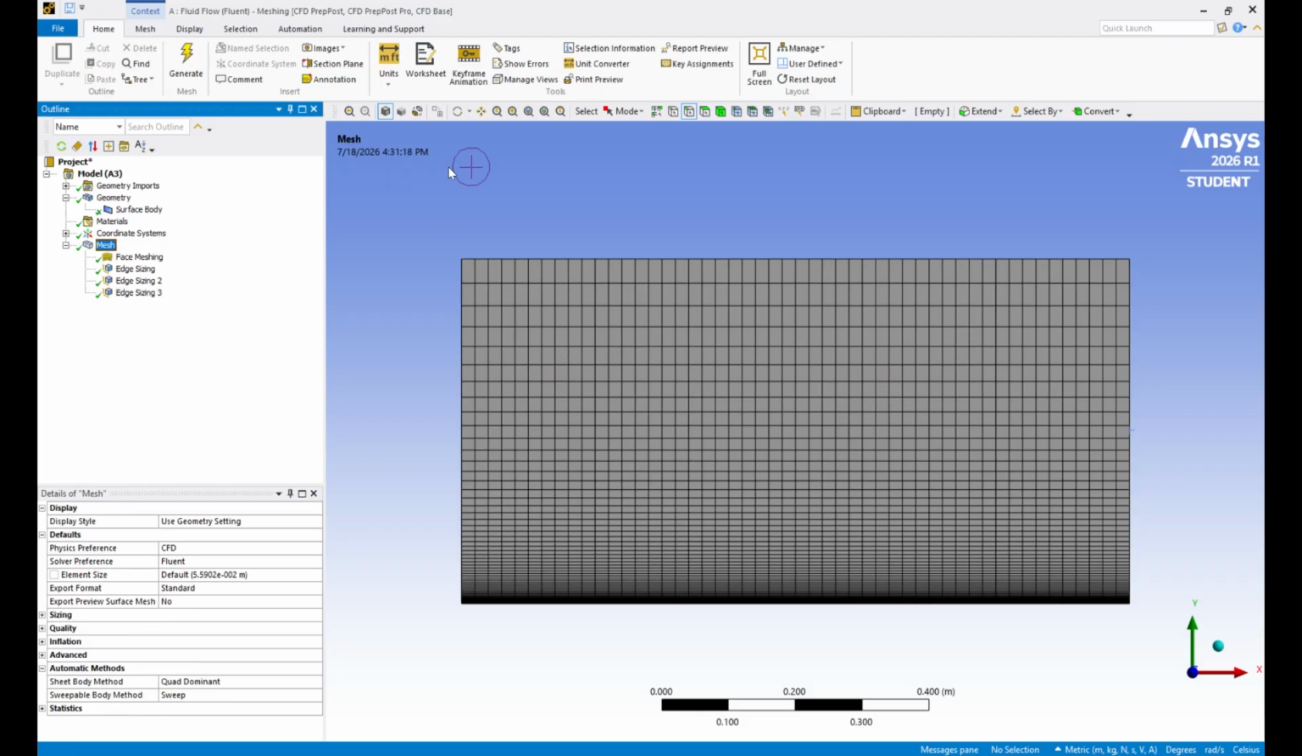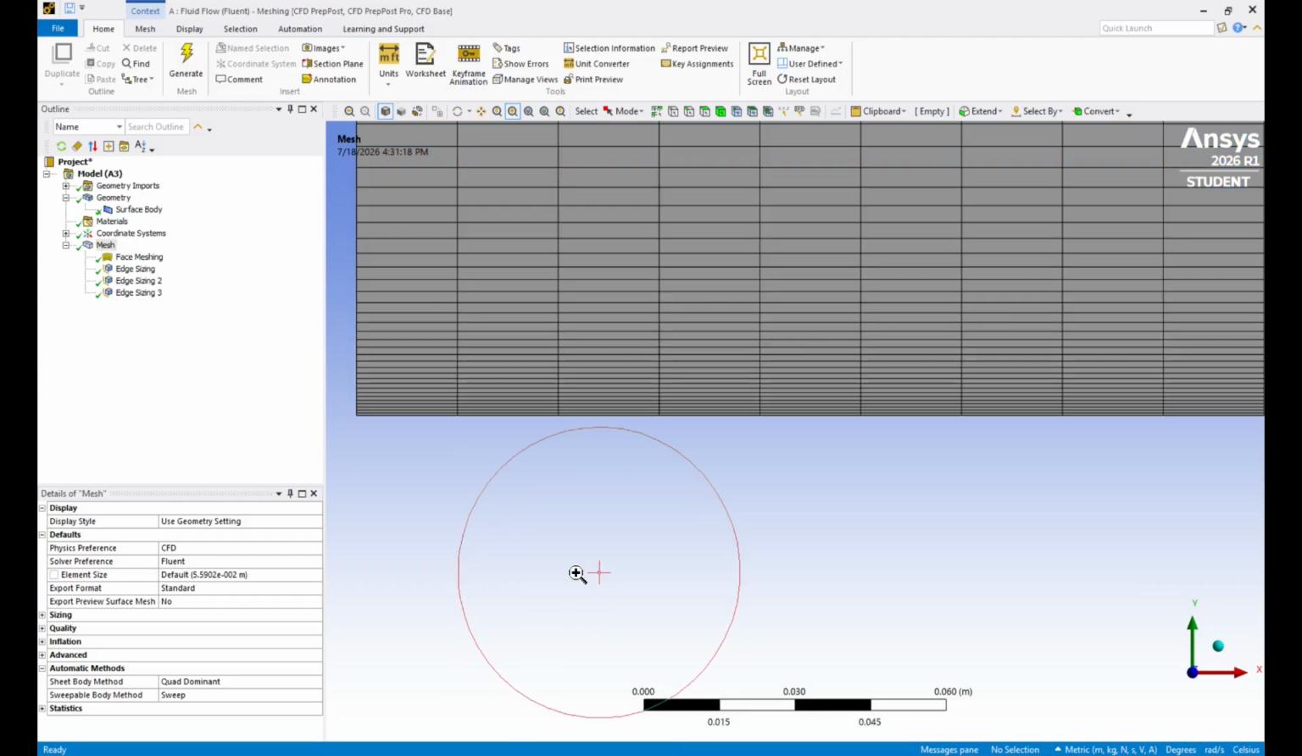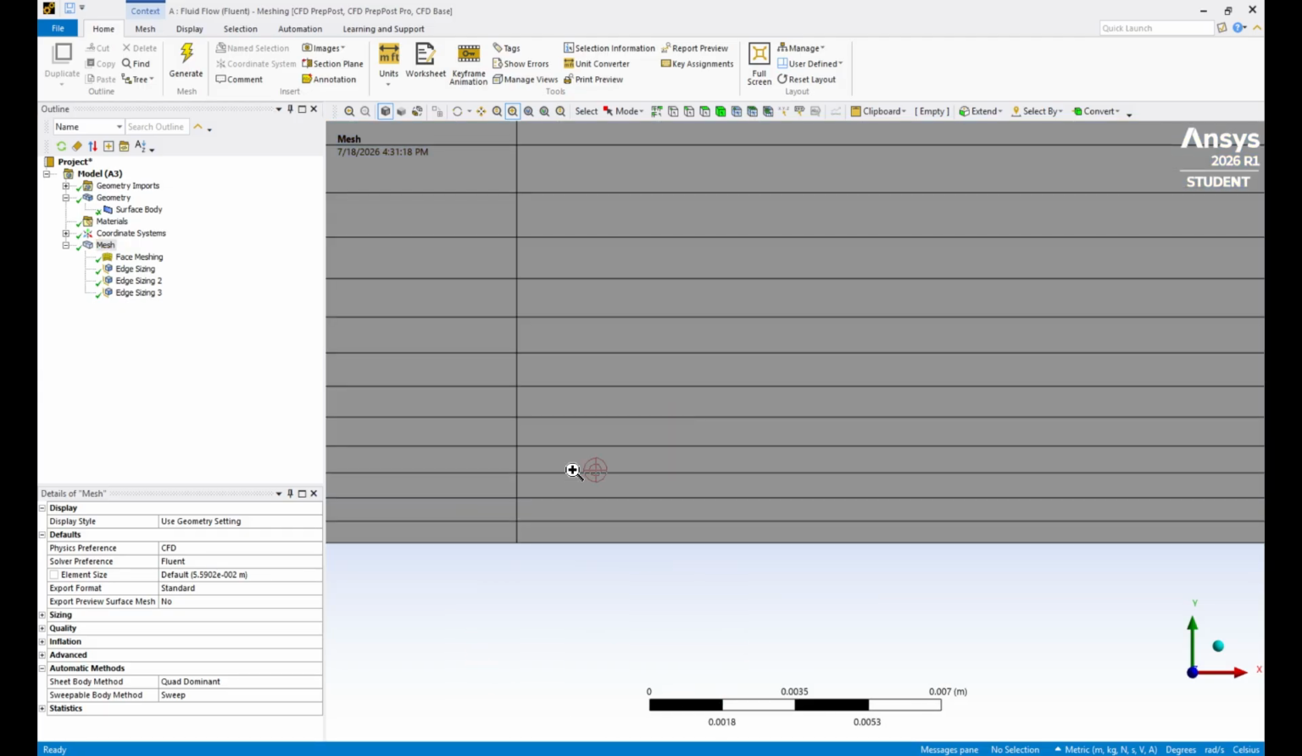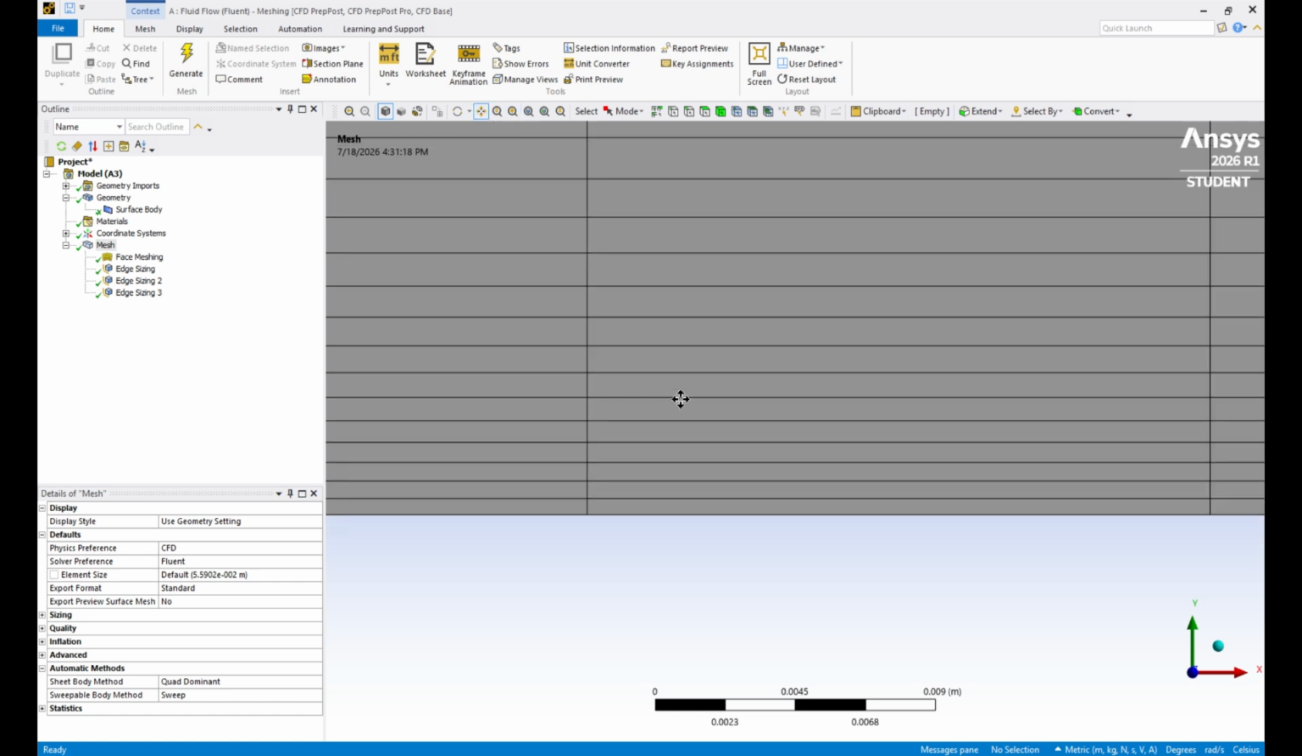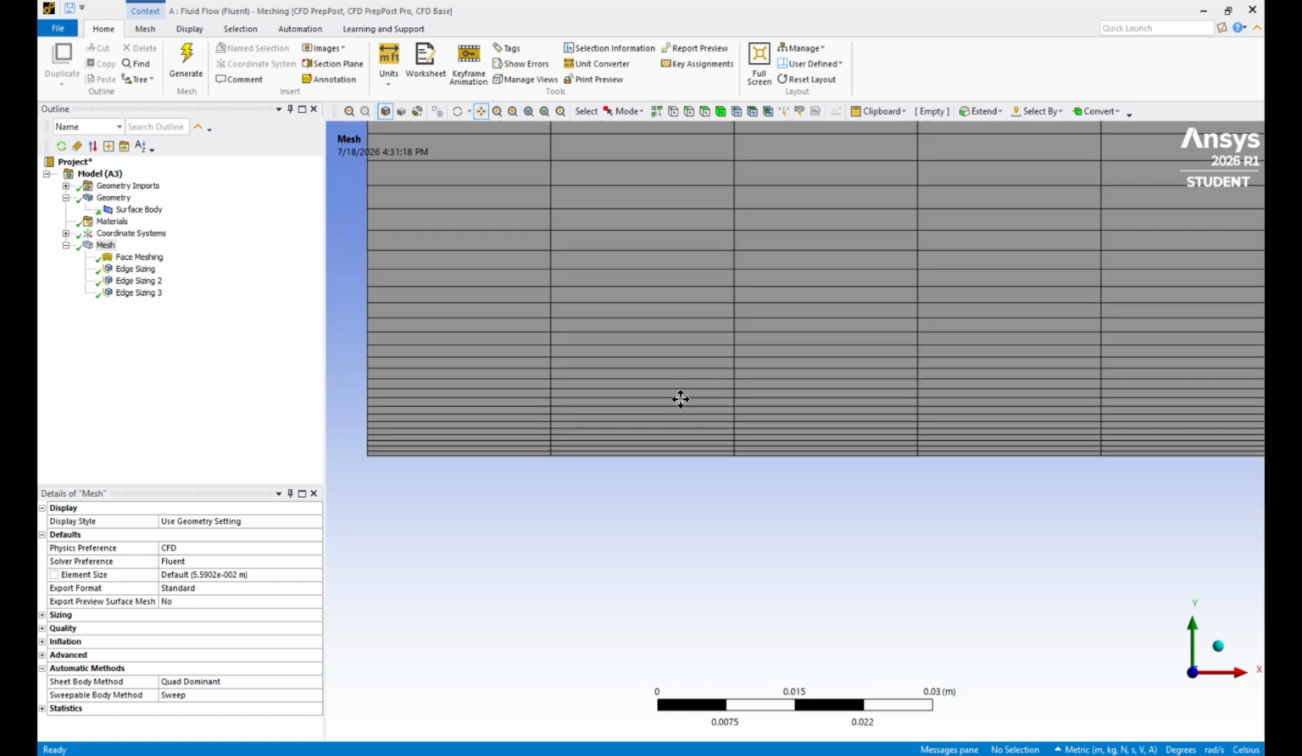So this is what the mesh should now look like. We are simulating a flat plate. Very, very small. So the next thing we're going to do is